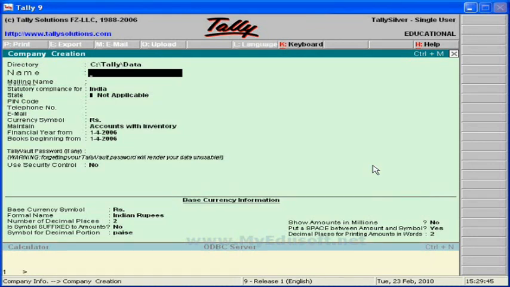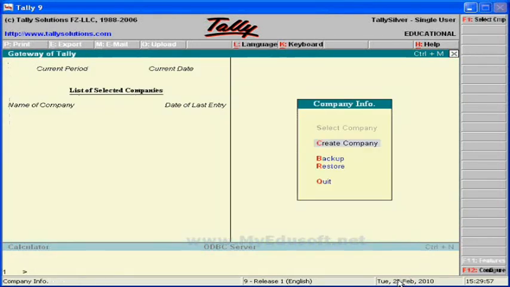If we want to go back to the company information, then we have to press the Escape key on the keyboard. Now it will ask Quit, yes or no. Now we have to press the Y key on the keyboard. Like this we can go to the previous screen, and it will ask yes or no. If we press yes, then we will go to the previous screen, otherwise it will not go to the previous screen.